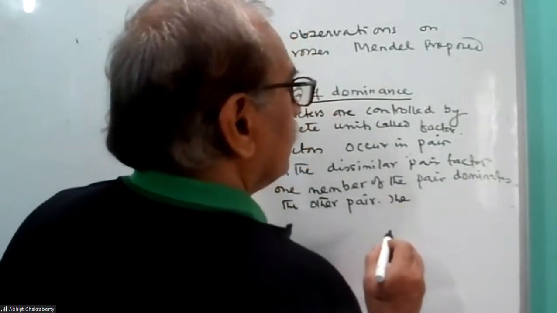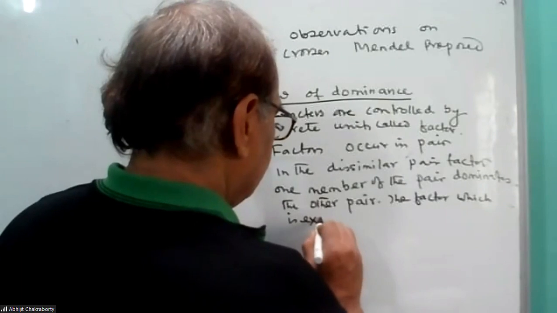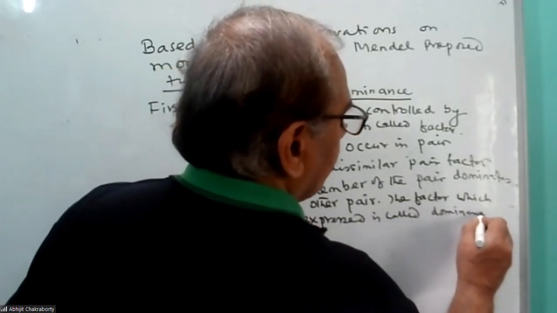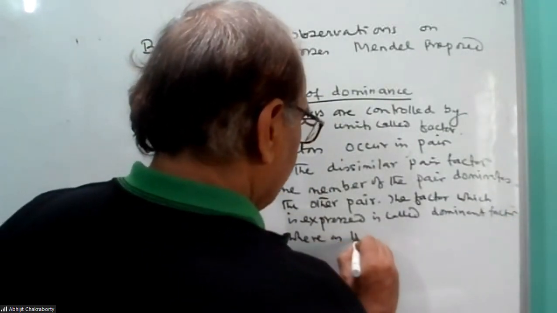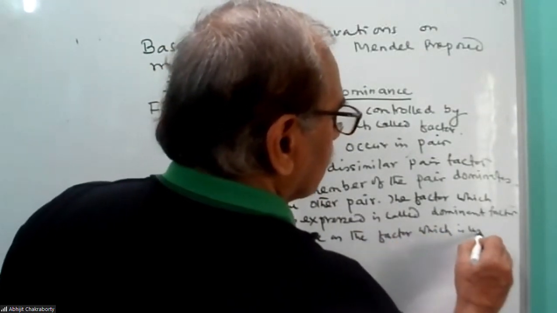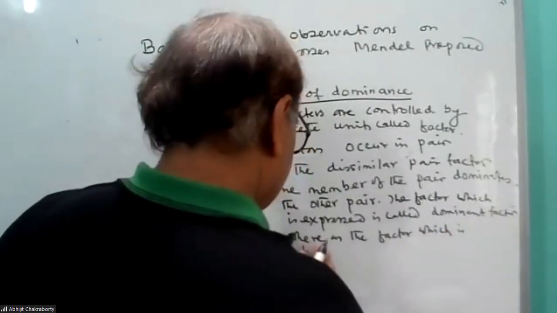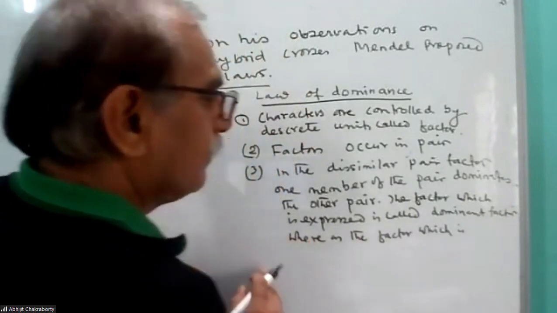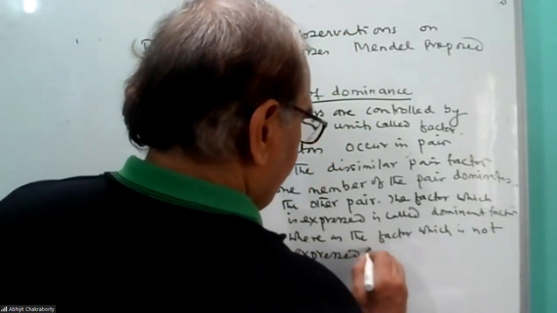The factor which is expressed is called the dominant factor, whereas the factor which is unable to express, which is suppressed, is called